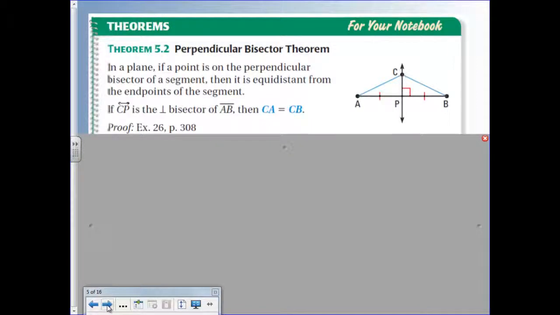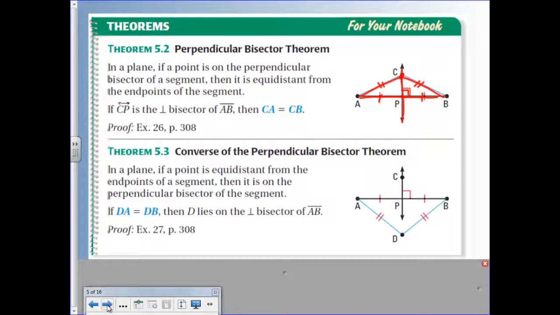In a plane, if a point is on the perpendicular bisector of a segment, if a point is on that bisector, I got this point out here, then it is equidistant from each of the endpoints. Then those two distances are equal to each other. We also have the converse of this. The converse of the perpendicular bisector theorem says this. If a point is equidistant from the endpoints of the segment, so if this distance and this distance are the same,